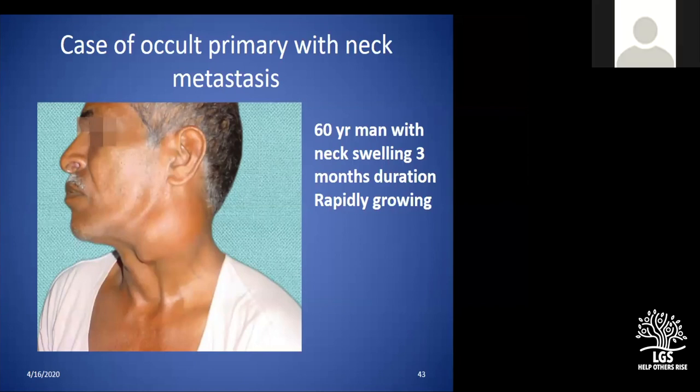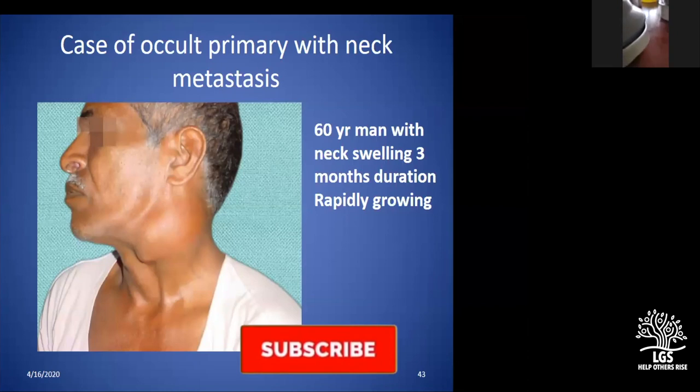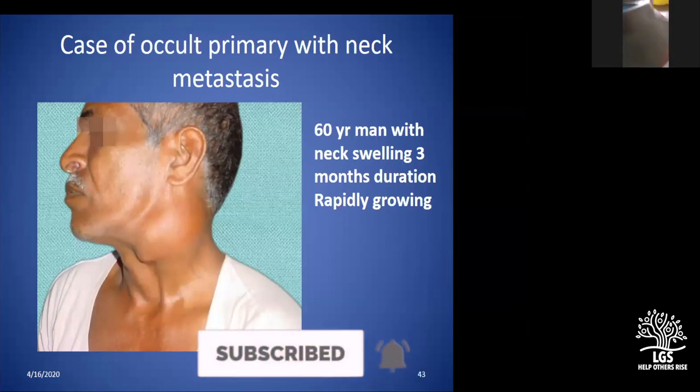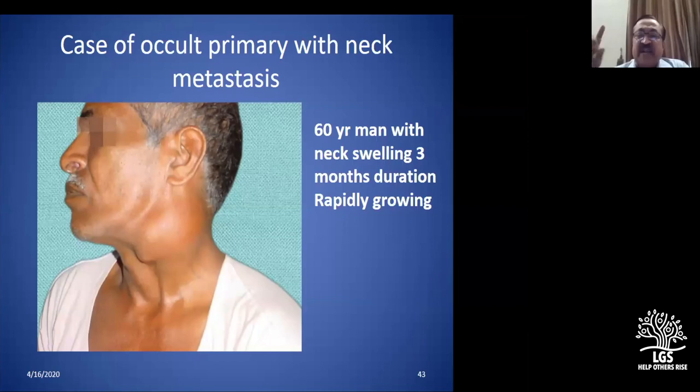History of voice change? No voice change. Any history of previous radiation? Previous irradiation, no. History of fever and night sweats, sir. Why do you ask about irradiation? The person who asked that question: to rule out any recurrence of malignancy or any other head and neck malignancy. As I told you, if those things are there, they will tell. You don't have to ask about previous irradiation in this patient.